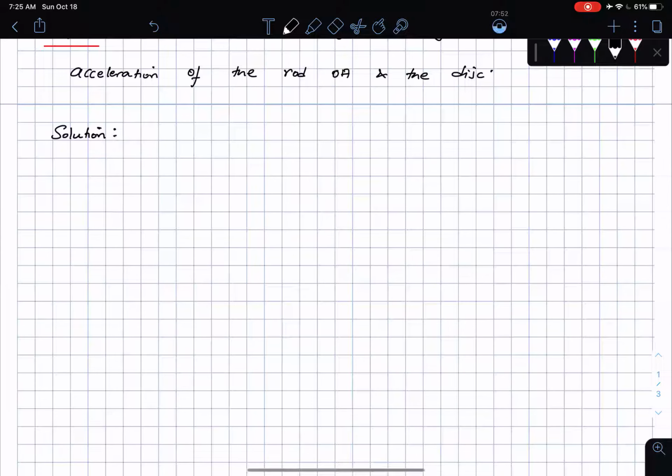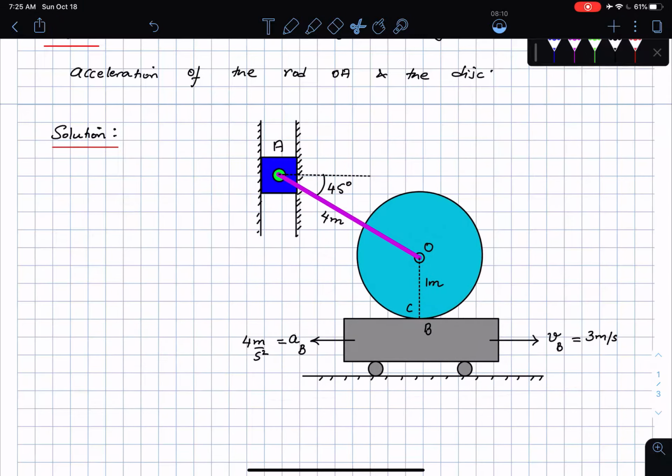Okay, whenever we start the solution, we need some kind of a strategy. Sometimes we don't have a strategy, so we just say, okay, I'm just going to make use of all the equations that I typically know, and then hope to God that it works out. All right, so I'm going to bring the figure once again here, and I'm going to set it up